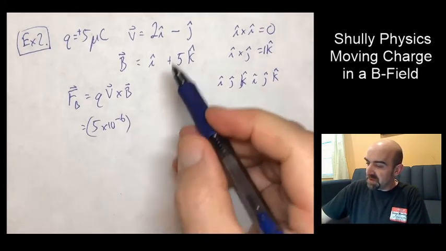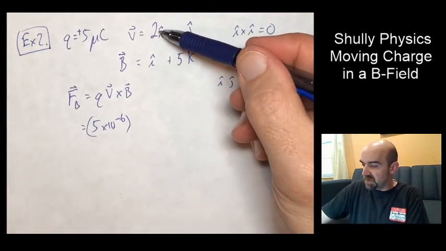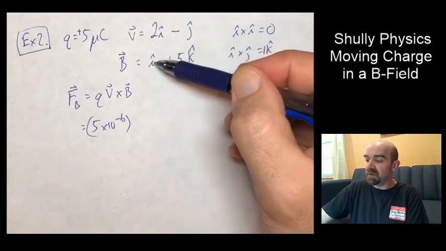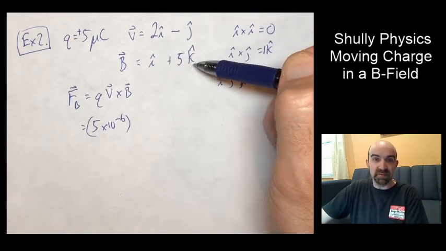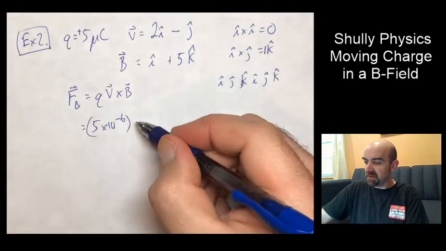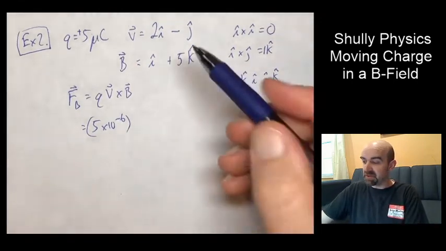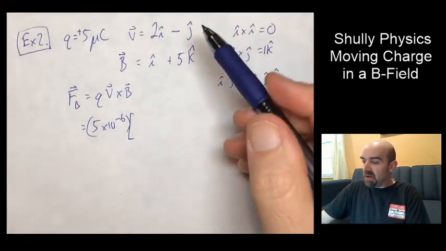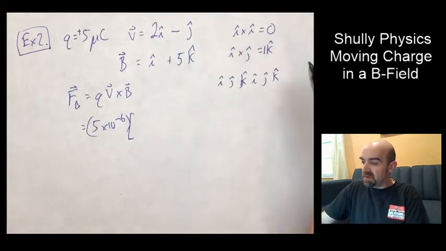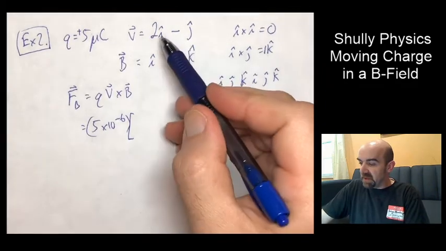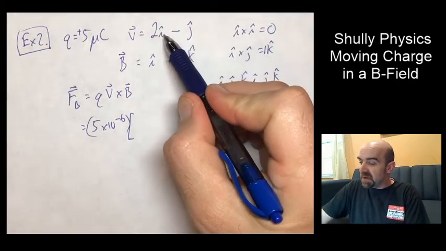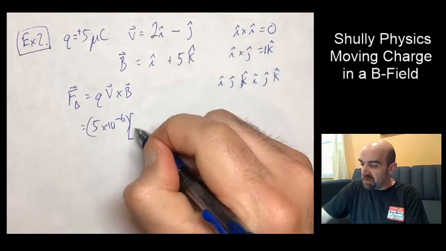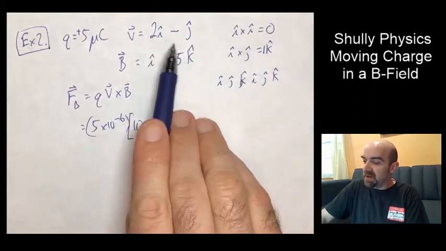Now we're going to take the velocity. So for the velocity, we're going to take 2i cross i, 2i cross 5k, negative j cross i, negative j cross positive 5k. I could write it like an algebraic expression. This is a little bit faster. So we're distributing some numbers here, algebraically. So 2i cross i is 0. 2i cross 5k would have a magnitude of 10. And i cross k,